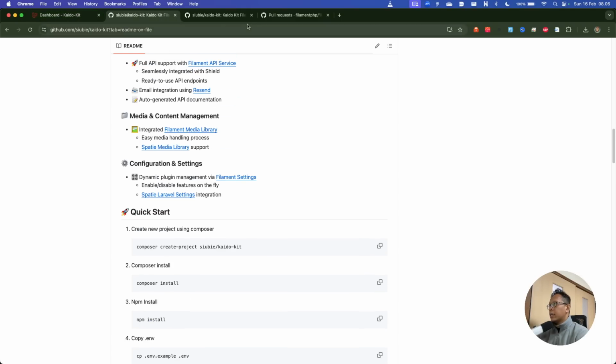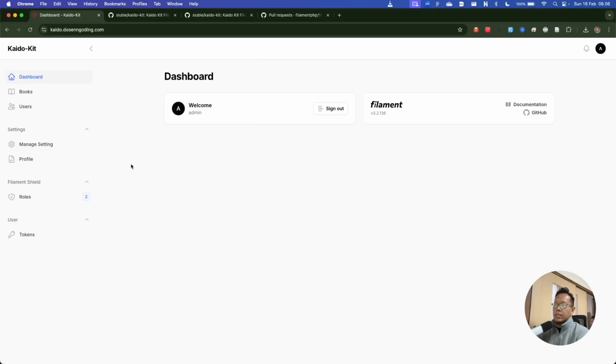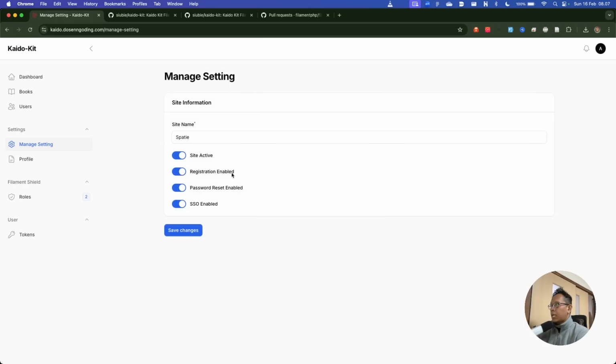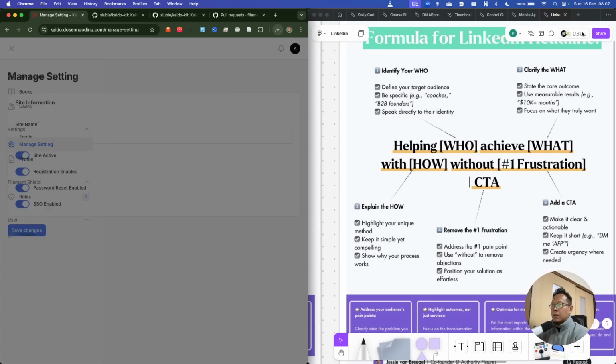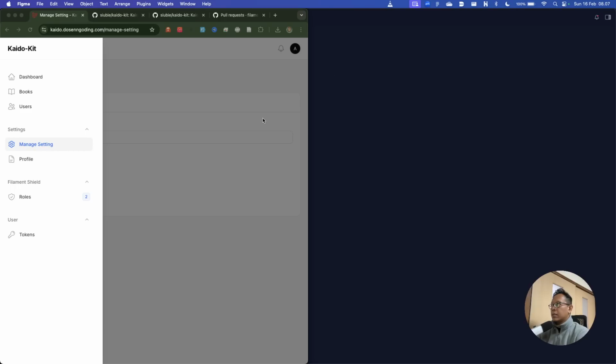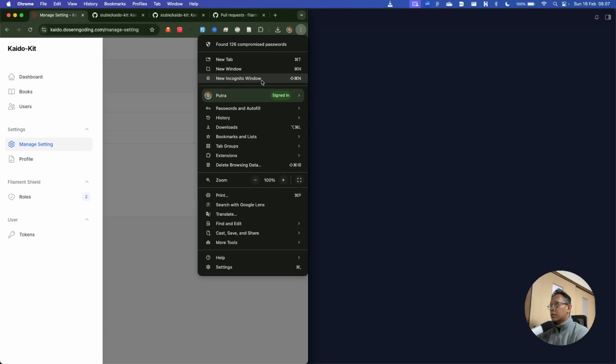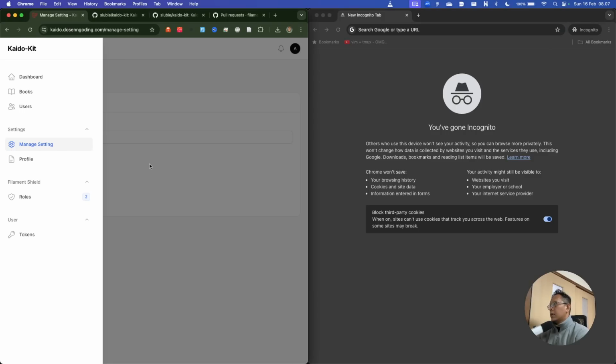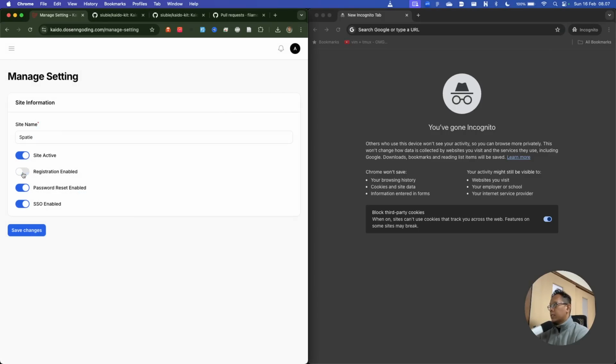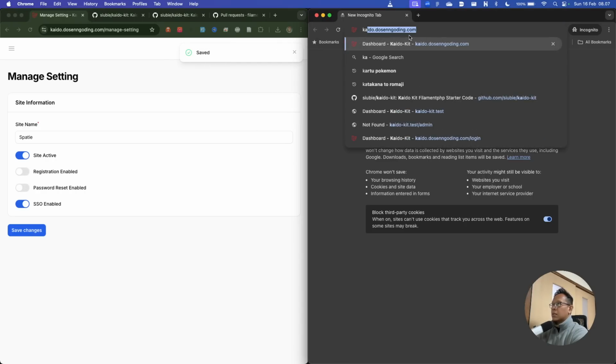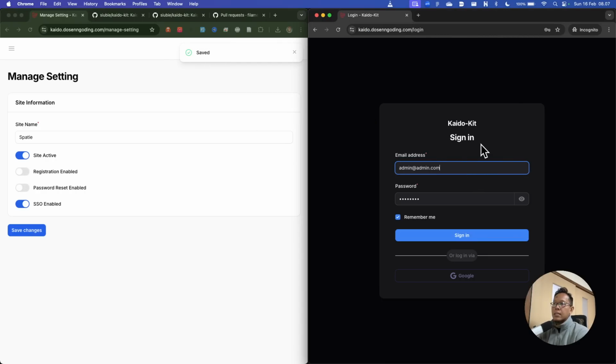And also I made some experimental things here in the Filament features. I try to enable and disable features dynamically. So for example, when we enable and disable some features, something like registration and password reset, we can go to here and see that the registration and password reset is disabled for this panel.